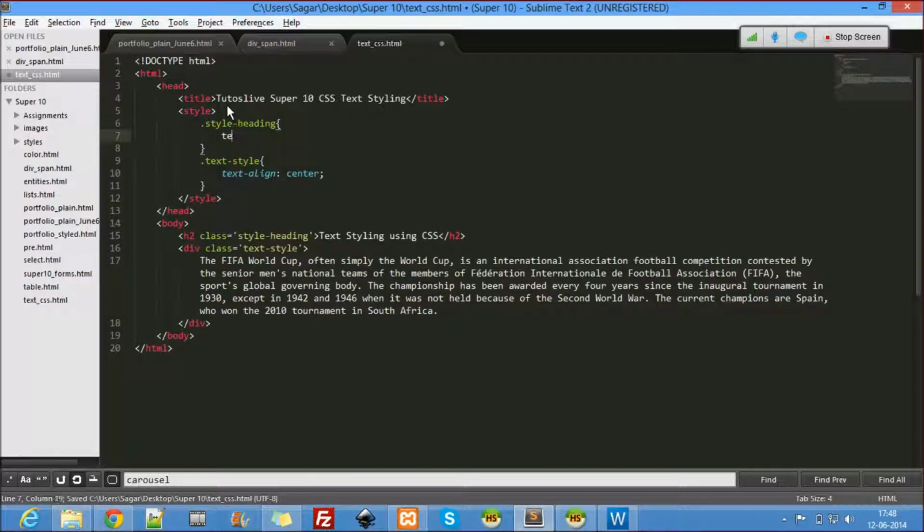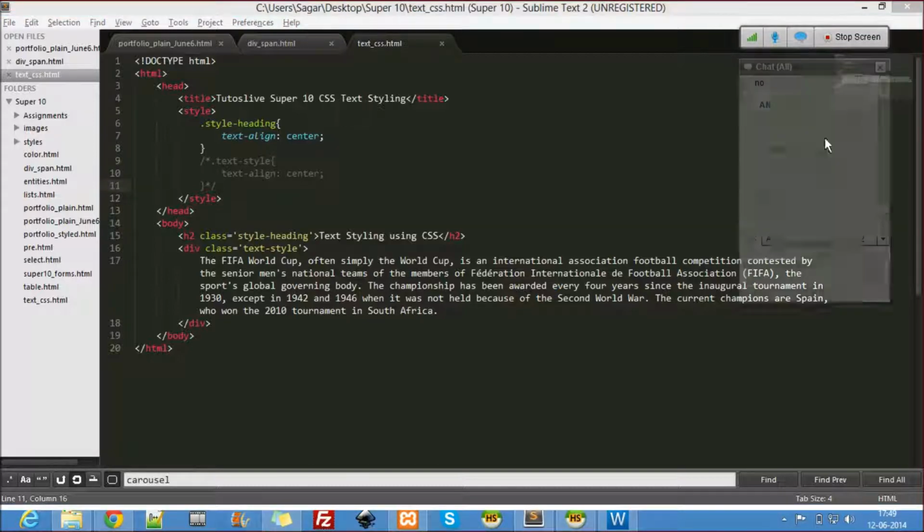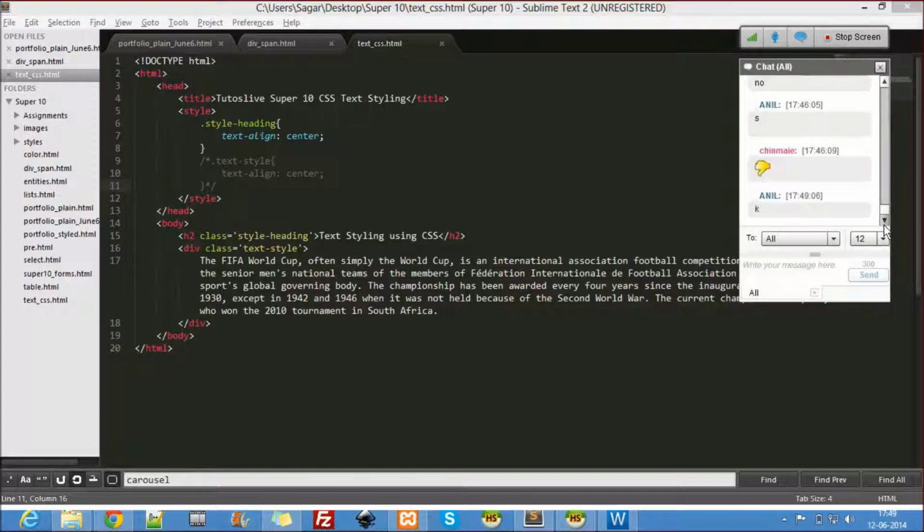Here text align, center, and for this I'll say text align. I don't want to do anything, so maybe I'll comment it out. Okay. So now you guys tell me what is the comment syntax in CSS.